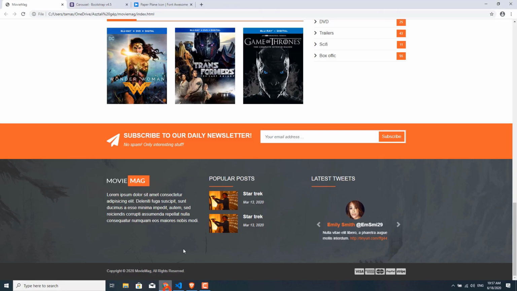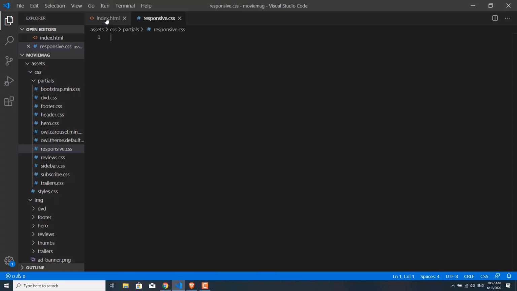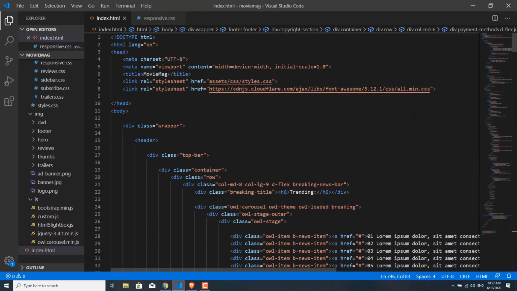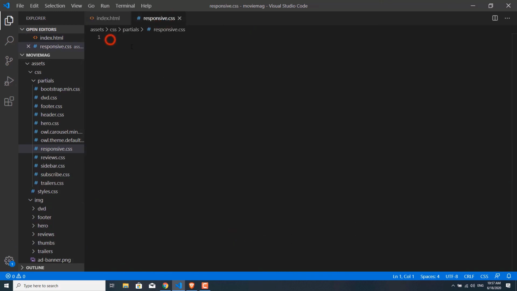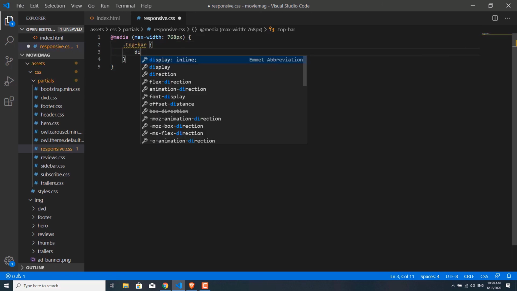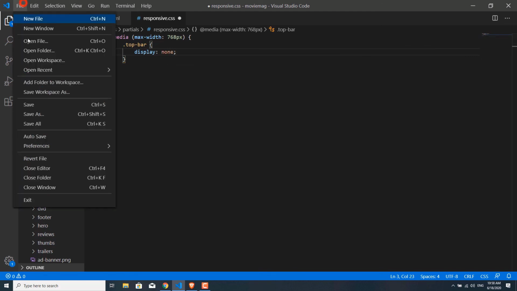Okay, so basically on smaller devices I don't want to display this top bar. I think that would be too much. So if we go back to the top, we call this top bar. So let's go here and see media, max width. Okay, and let's say top bar, display none. Okay, let's save this,